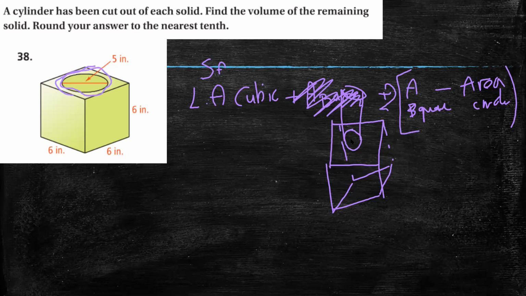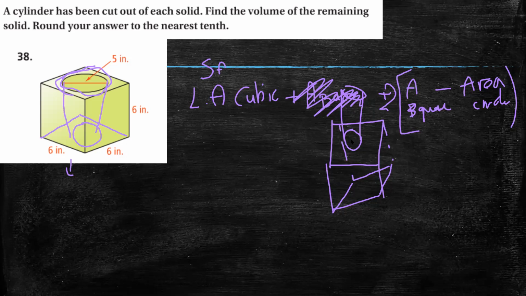Is there another way of solving it? No, this is for the surface area. You find the area of the square minus the area of a circle. From the bottom, we also have the same. We have a square, and there's a cylinder inside it. So you have to find the area of a square minus the area of a circle. So by now we finished the two bases plus the lateral area of the cubic. This is for the surface area. For the volume, you have to find the volume of the cubic minus the volume of the cylinder, which is